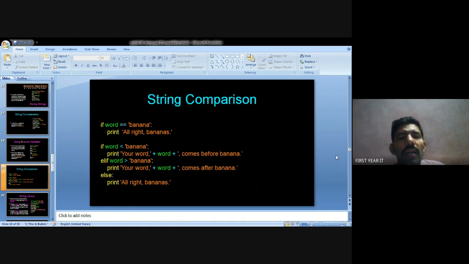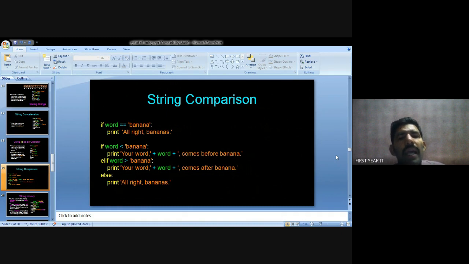If word is less than banana, print your word comes before banana.